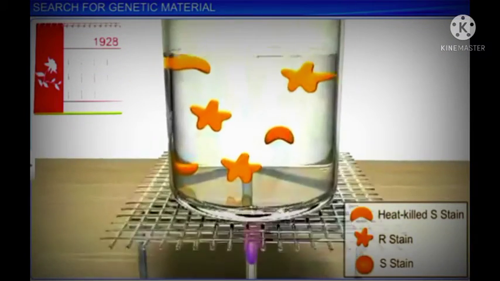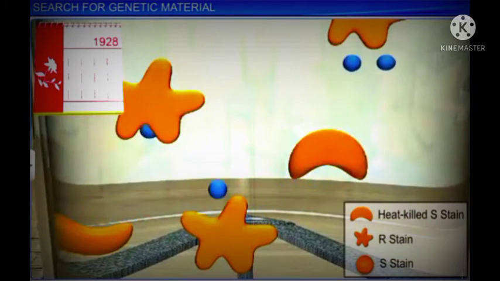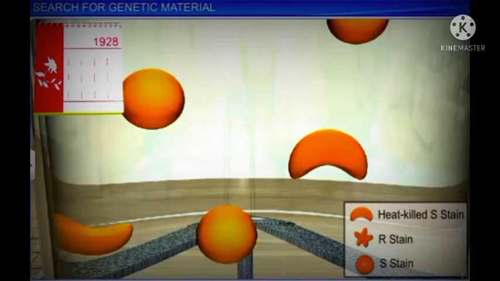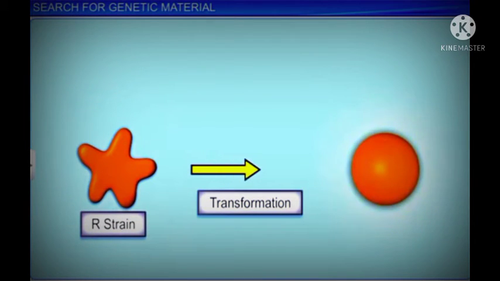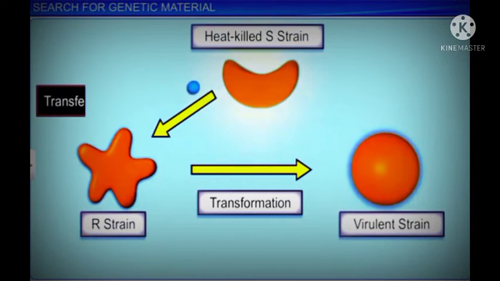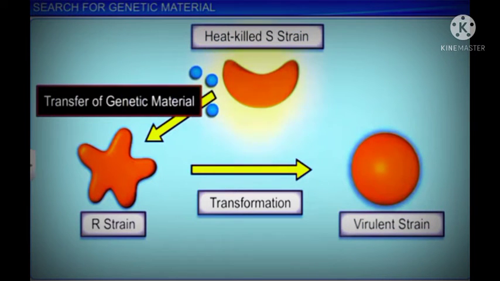So on the basis of this experiment, Frederick concluded that the heat-killed S strain bacteria had somehow transformed the R strain bacteria. He also concluded that the reason why the R strain bacteria produced a smooth polysaccharide coat and became lethal or virulent was because of the transfer of some genetic material from the heat-killed S strain bacteria. However, there was still no means to ascertain or identify the genetic material that was transferred and responsible for the